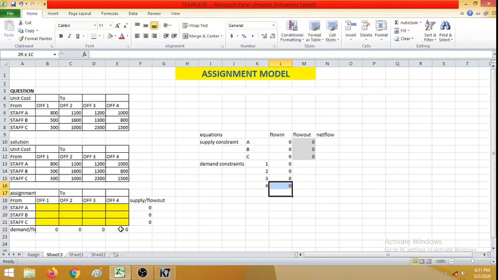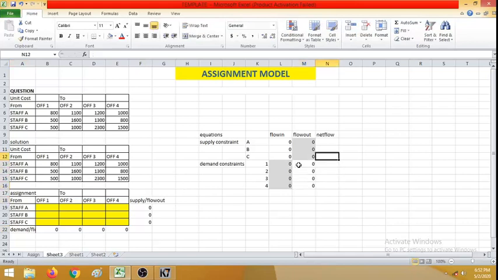So again here I have used formulas, so I will highlight it with the color, right? So what are the flow outs for 1, 2, 3 and 4? You can see here for office 1, 2, 3 and 4 we have only flow in. There is no flow out, right? So these are demands. So the flow outs are zeros, right?